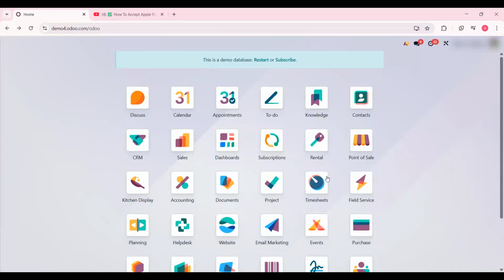In today's video, I'm going to show you how to accept Apple Pay with Odoo Invoicing step by step using the official Odoo interface. This is perfect if you want to let your customers pay invoices faster and more securely using Apple Pay directly from Odoo. We'll go through the exact clicks inside Odoo, and by the end of this video, you'll have Apple Pay enabled